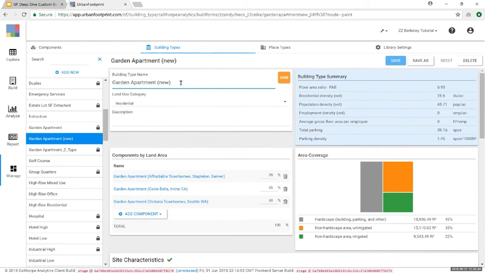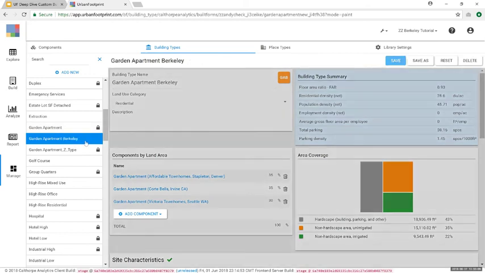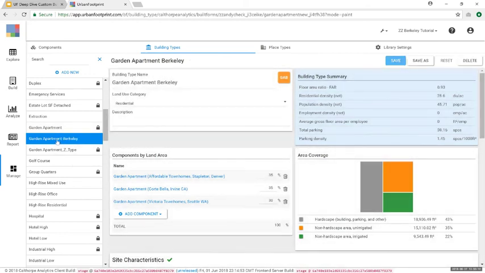And the first thing I want to do is change the name. So garden apartments new was not very specific to me. We're working in our Berkeley project. We want to make a specific library for our Berkeley project here. And so garden apartment Berkeley is what I want to change the name to. You can save that change. And as you can see, it's still populated below our original building type, just based on alphabetical order, but it's taken the name change, and now that becomes a good starting point for us to change